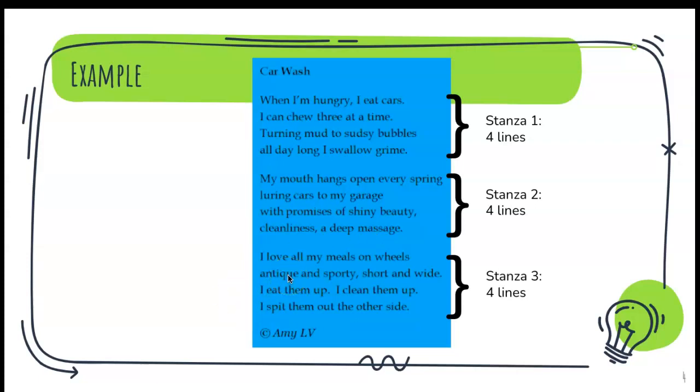And then when the poet starts listing the different types of cars that come in, then I start envisioning all different shapes and sizes of cars. And then I can visualize them coming out the other side of the car wash completely clean. So tons of imagery in this particular quatrain. Also, I'm hoping that you heard some of the rhymes. Time, grime, garage, massage, wide, side. So in this poem, part of the rhyme scheme is that in each stanza, lines 2 and 4 rhyme. All right, your turn to try to test some of these out.